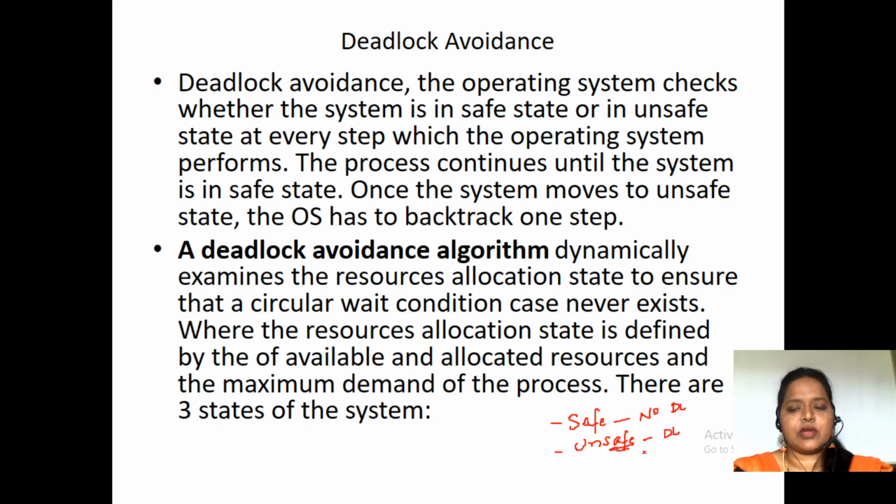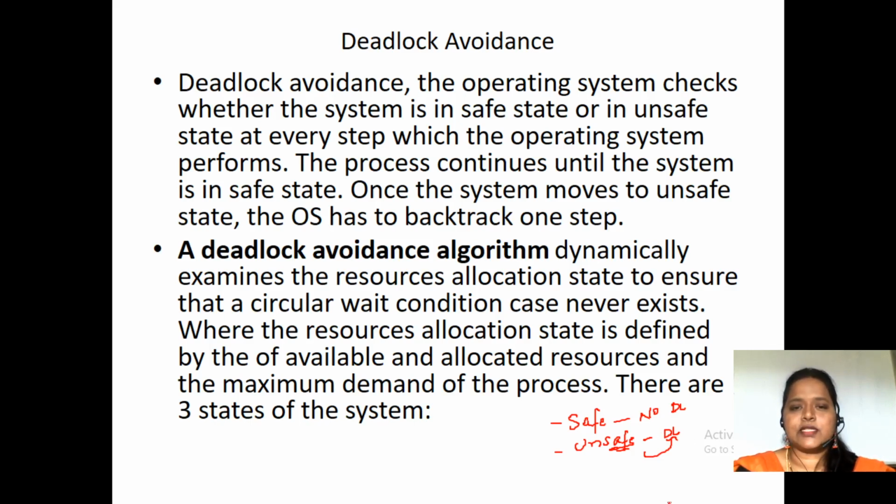Only in an unsafe state are we going to have the deadlock. But when it comes to the safe state, we shouldn't bother about the deadlock. Why? Because when we say a system is safe, it is free from deadlock. When we say a system is unsafe, I'm not telling you there is compulsorily a deadlock, maybe just a chance of deadlock. So whatever system we are talking about, it doesn't mean that every system will be in deadlock. Maybe sometimes in worse situations it will undergo a deadlock. So the condition may be there, but it won't necessarily occur.